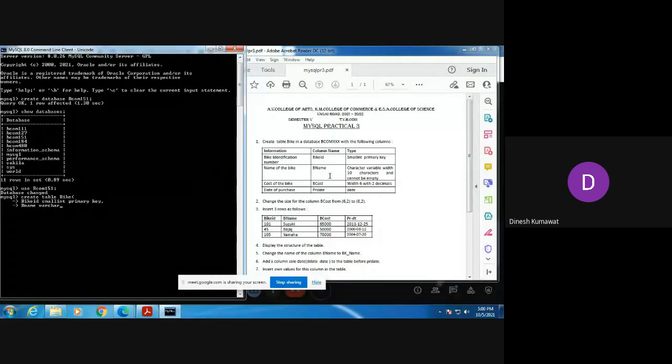And what is the width of this varchar? 10. Also observe that they ask us that it cannot be empty. What is the meaning of this? Which constraint are we going to attach to it? Not null. Now give the comma at the end and move on to the next line for adding the next column.